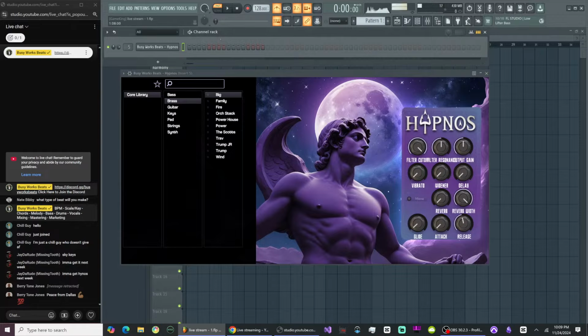I can tell you guys the two keys that are prevalent in Utopia are E minor and F minor. That's because E minor is one of the darkest, most depressing keys, and then F minor is more rebellious. So that's why he used E minor and F minor. I teach all that in my music theory course. It's hours long, so I can't really go over everything about it.